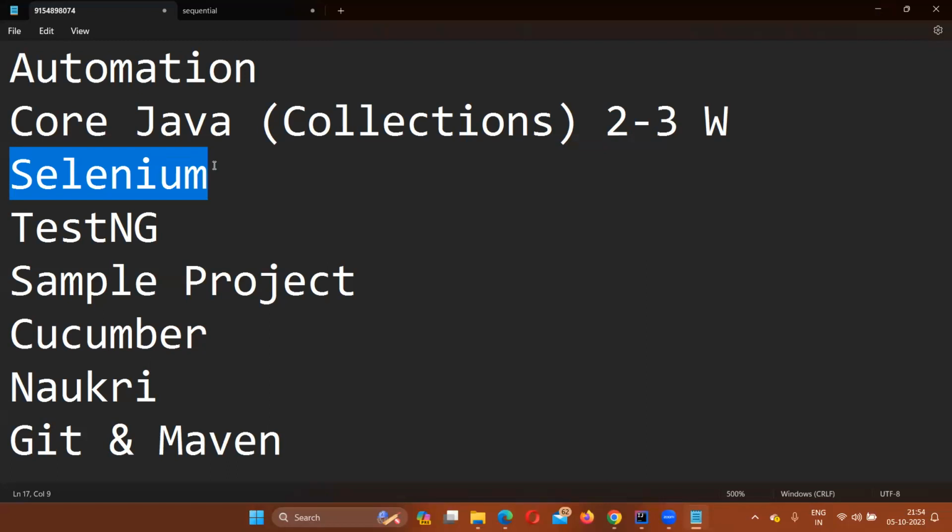So first we learn core Java, and next we move on to Selenium. Even if you are from a non-IT background, even if you have a career gap, you can still opt for this course because we are going to learn everything from scratch. This is going to be a 1 hour 15 minutes to 1.5 hour session, and if time permits, sometimes I might take 2 hours. Sometimes I can take a class even on a weekend. You might have a career gap, you might be an MBA, you might be a civil engineer, you might already have experience, whatever it may be. Everything will be covered from basics till wherever it is required. So you will have to decide if you are ready to put in effort. The important thing is that your efforts are paramount.